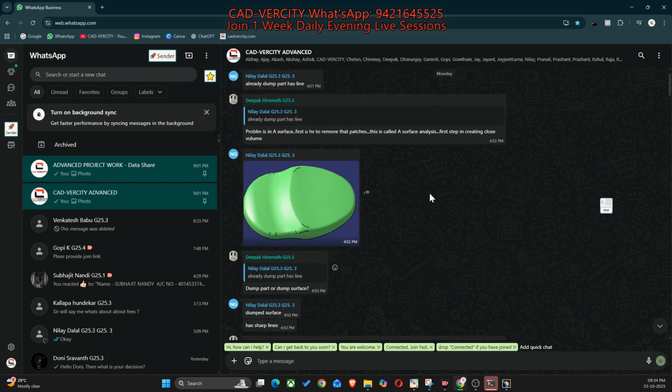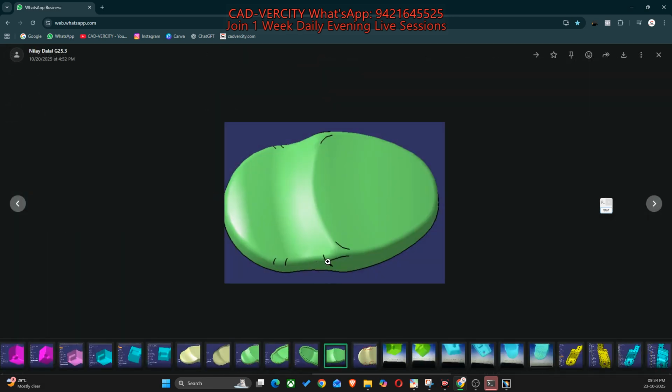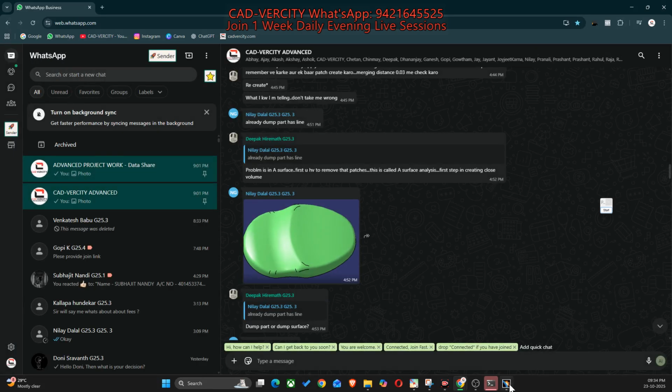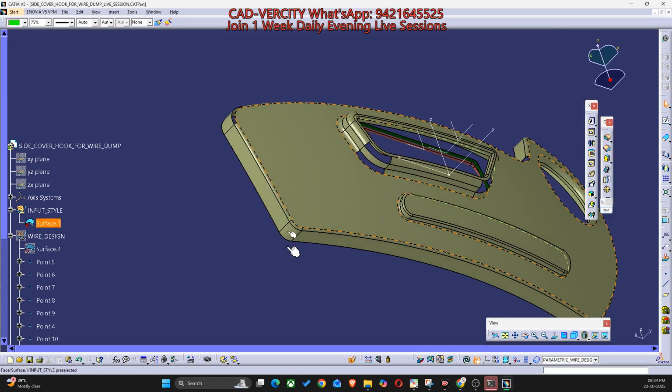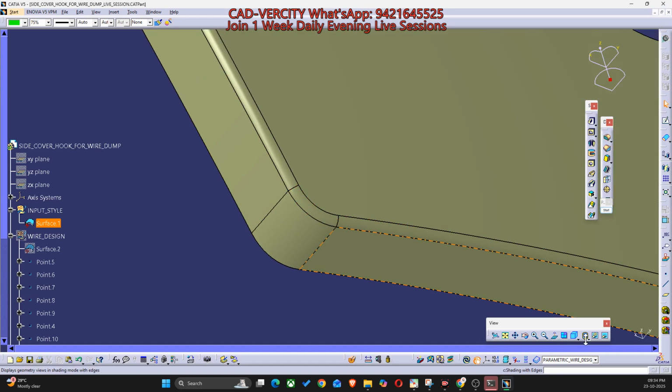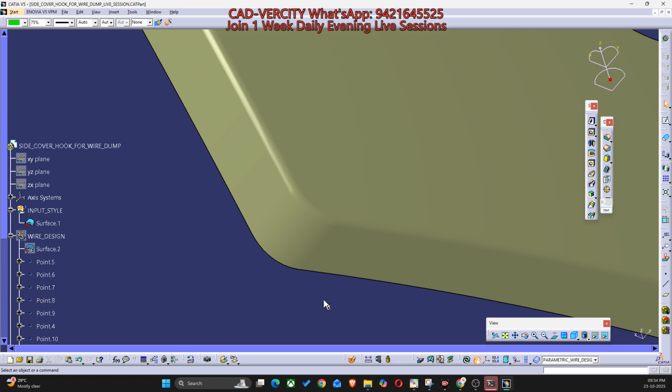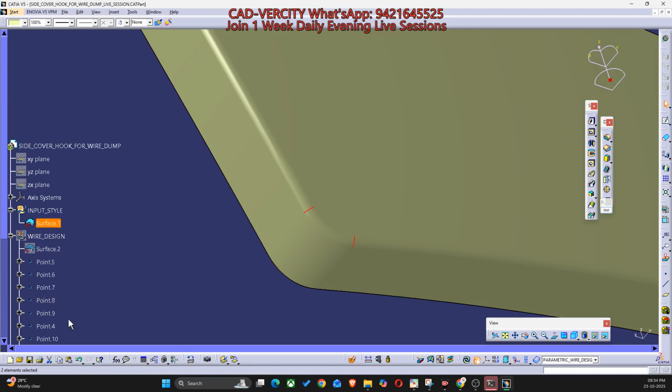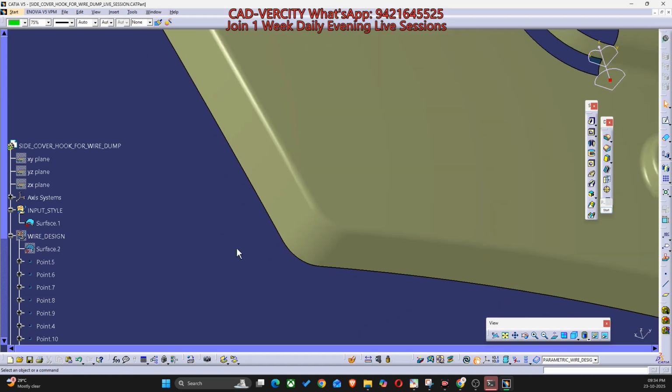So Nilay, if you put this surface in edge mode, here you can see, you can remove this patch and you can create a new one. So we need to use the disassemble command. You can use disassemble, or let's suppose if I put here, you can see a small patch. In SOP mode, there will be sharp edges, yes or no? If this patch is not good, here I will get some sharp edges. So what I will do,